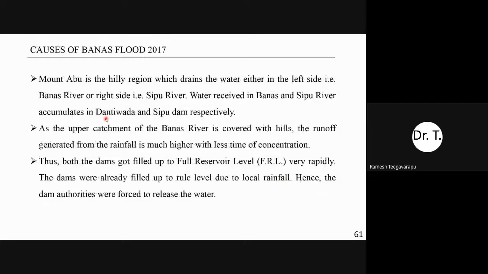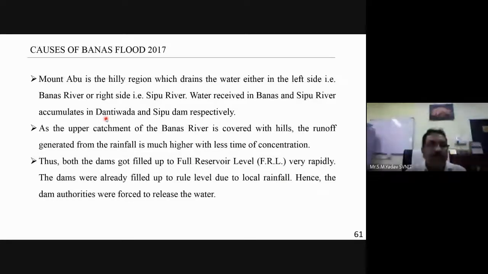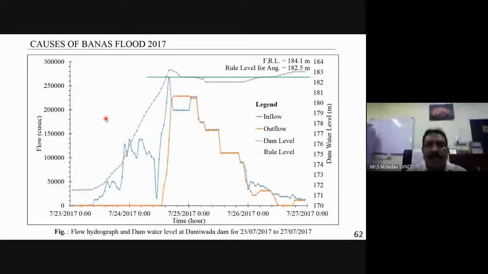Good. Yeah. So this has resulted in the heavy rainfall. And at the time of rainfall, what was the situation? This is a very interesting hydrograph for Dantiwada Dam. So I hope participants now have an idea that Dantiwada Dam is on the Banas River and Sipu Dam is on